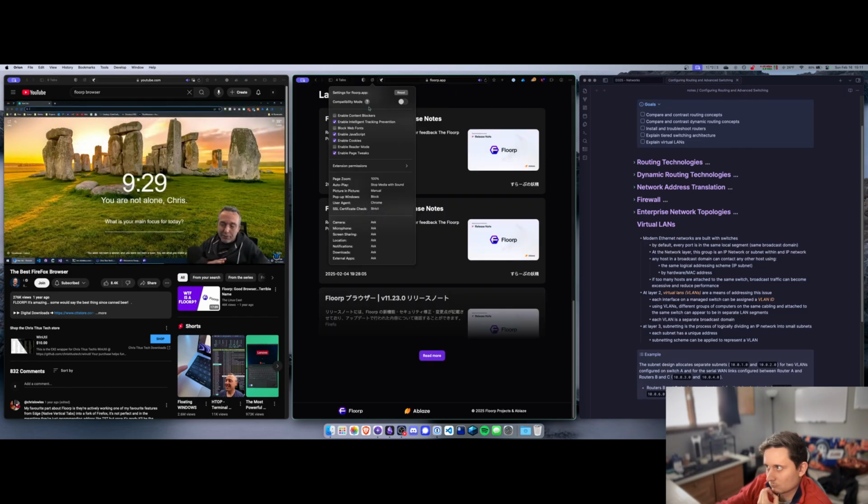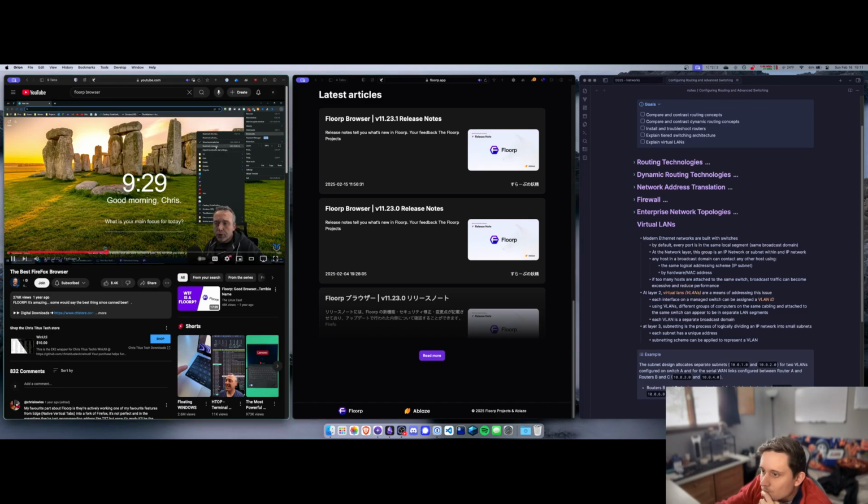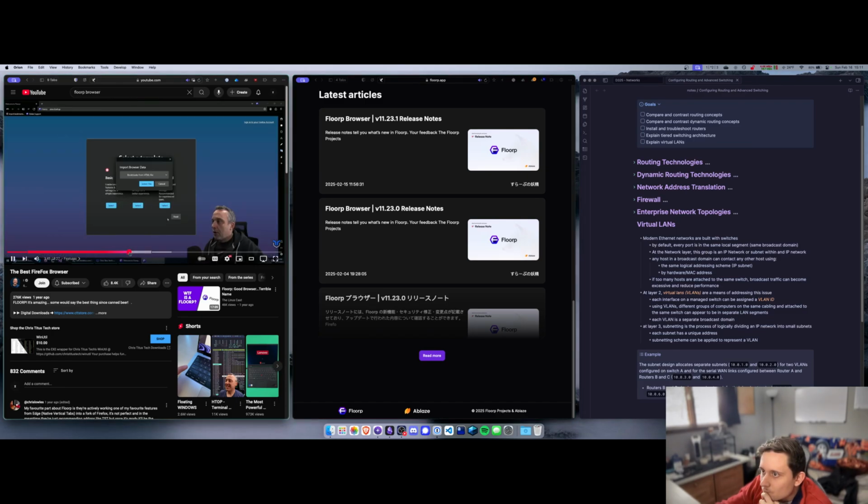Here's my setup for just moving from Thorium over into Florp. So what I'm gonna do now is just open up my bookmark manager. You can do Control. Now that's pretty good. And now I just